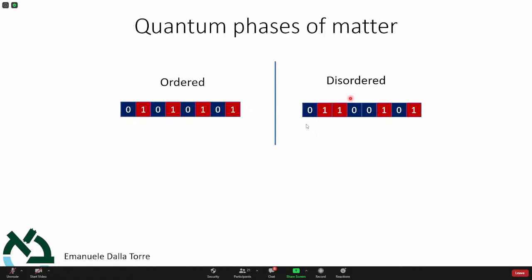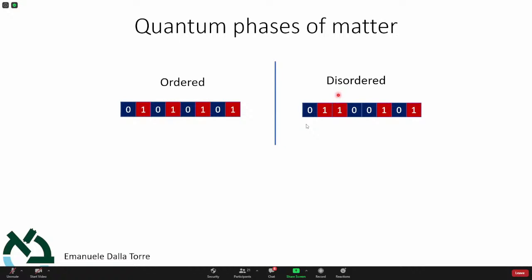So naively, when we learn in high school about solids and liquids, we think that all the solids are crystals and all the liquids are disordered. But actually, it turns out that there are examples of phases that are disordered and still sort of solid, like glass. We can build a big window, so it's certainly not liquid. People say that it's just a matter of time. Maybe if you wait long enough, then your windows will eventually melt. But no one has ever seen such a thing. It will take maybe the life of windows. Okay, but this was unrelated.